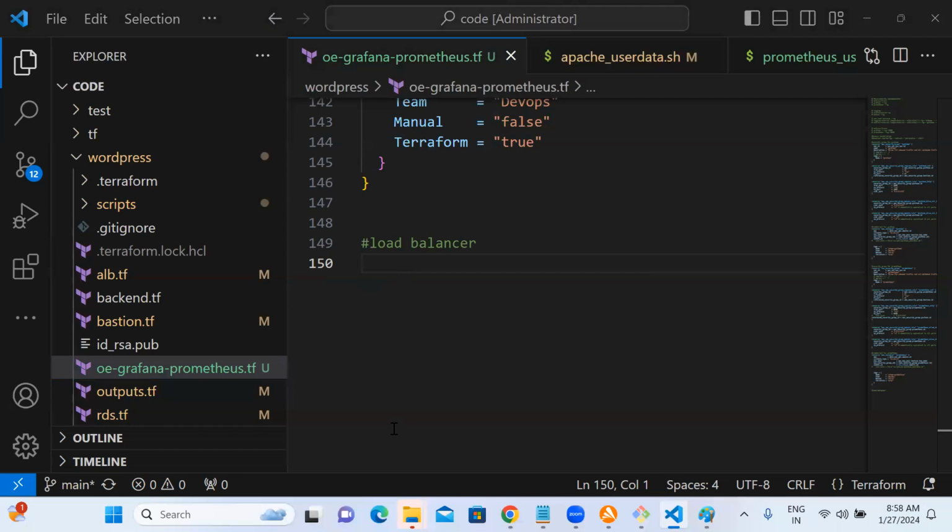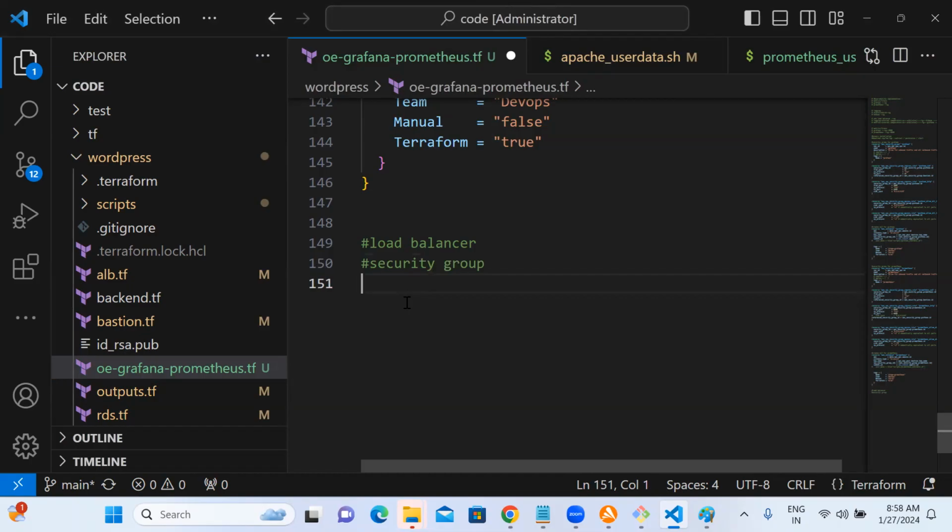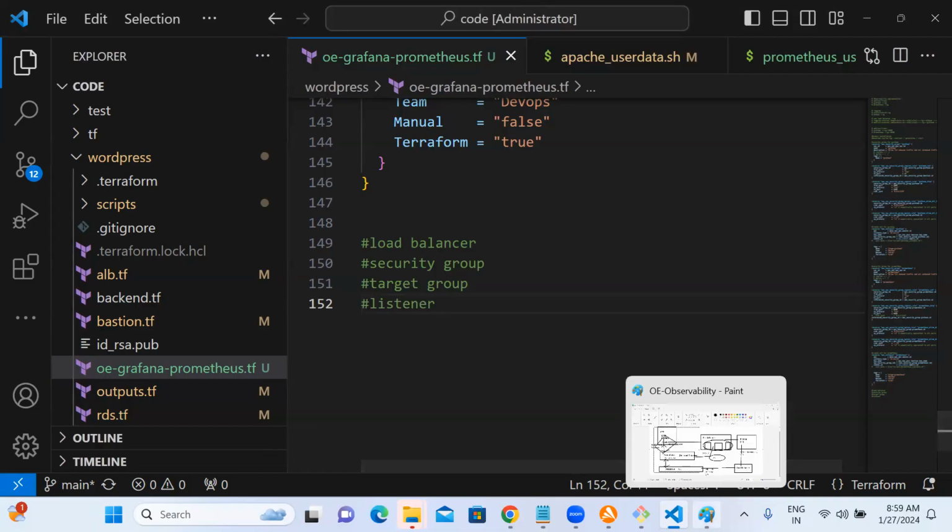Can you guys answer what resources we need for a load balancer? Charan, security group. Yeah, Charan, best to talk. Yeah, first is the security group, obviously, that is true. Next. Target group, mhm. Listener, listener, and port mapping. Yeah. Now, on which port number will the ALB listen? Okay, let's see. You see this flow.